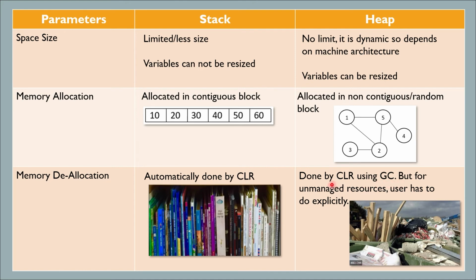So we can just assume CLR does it through the garbage collection mechanism, and it is required explicitly if you have some unmanaged resources, like resource files, videos, audios, connection strings. These things come under unmanaged resources, and you have to do it explicitly. You can see here in the photo and this picture, everything is really unmanaged. So to delete it, you need some special mechanism. So this is a GC where the user will explicitly call it.